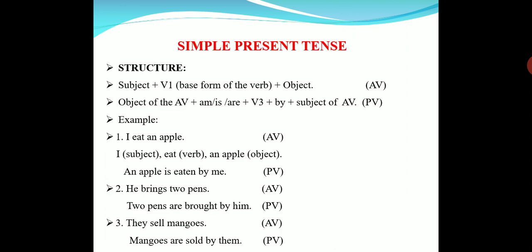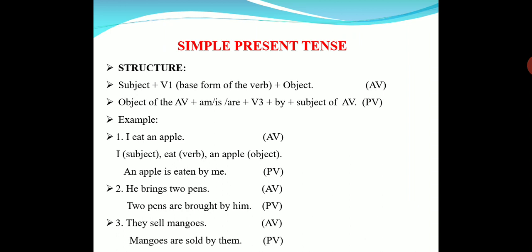Now let us go to how to change active to passive. Let us take all the tense forms. We have learned how many tenses there are. Major tenses: 3. Present tense, past tense and future tense. And in each tense again there are 4 subtenses. We have learned all these in tenses.